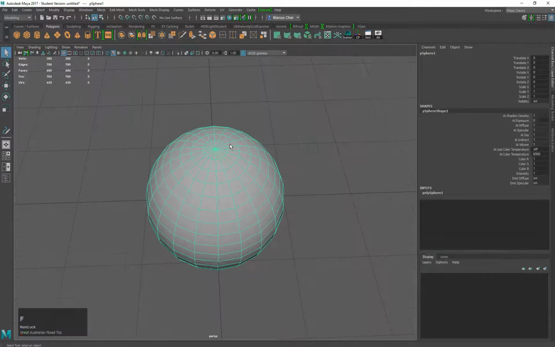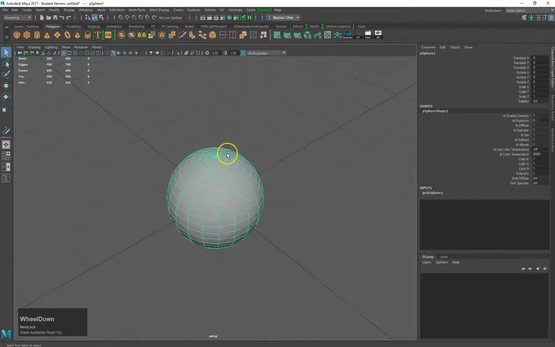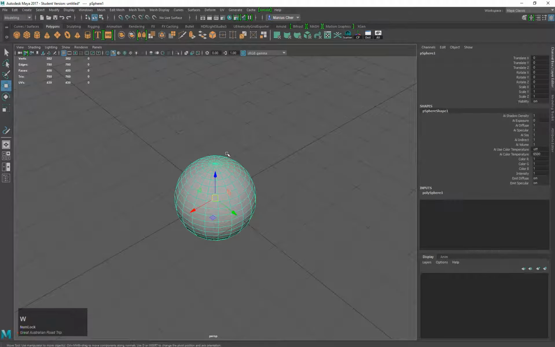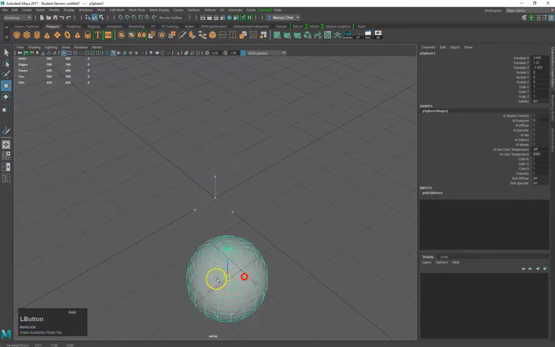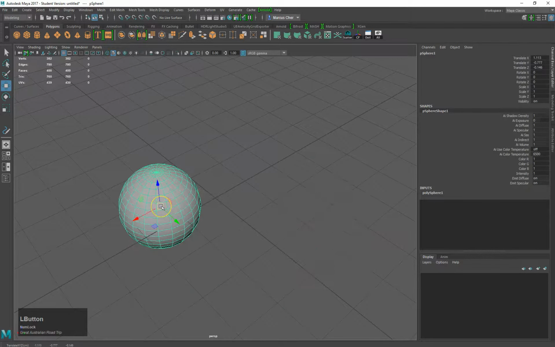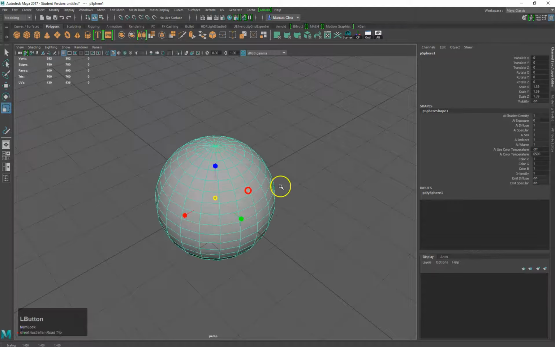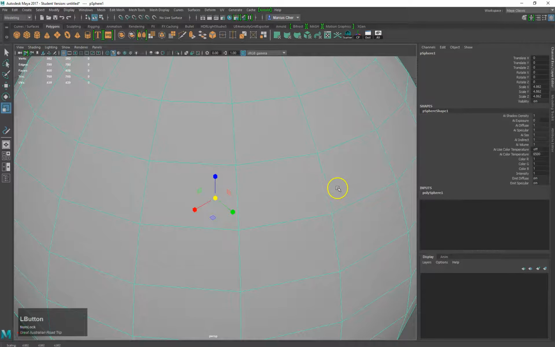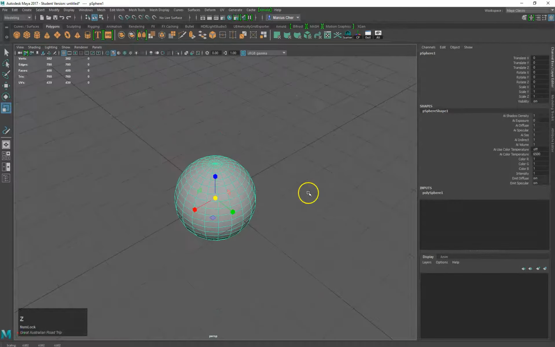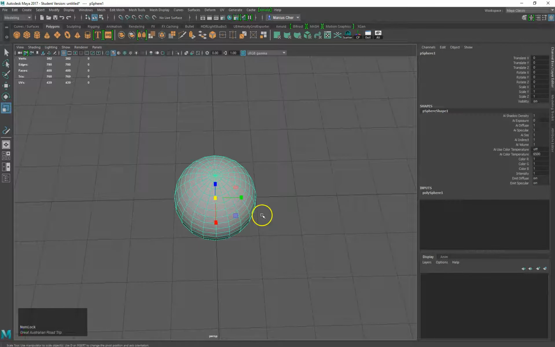So this is a polysphere. It comes in on the axis at 0, 0, 0. What we'll do now is just translate that, snapping to the grid by holding the X key down, and we'll be rotating using the rotate manipulator and scaling using the scale manipulator. Should be fairly familiar with these by now, but just in case you don't remember, W